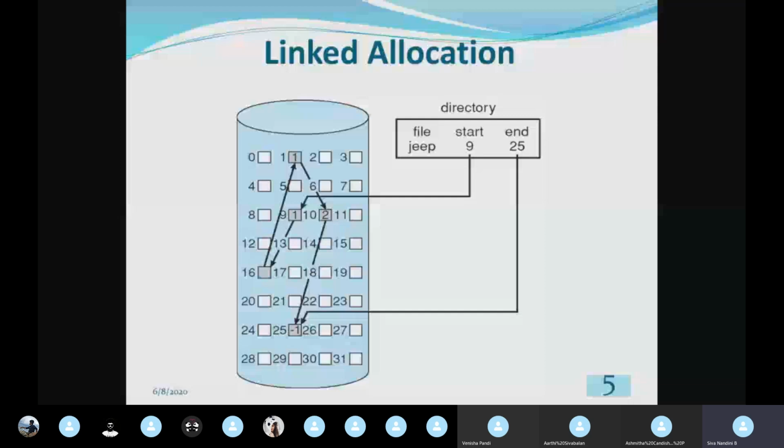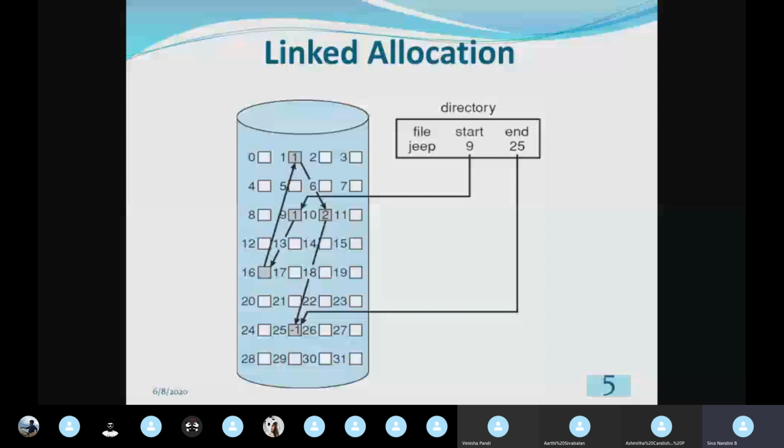So if you need to access the content of this file G, first we have 9, then from 9 it will go to 16, then it will go to 1, but this 1 is corrupted, so we can't access the next logical block, say 10, because this logical block only contains the address of the next logical block. The pointer to the next logical block is available only in this logical block.